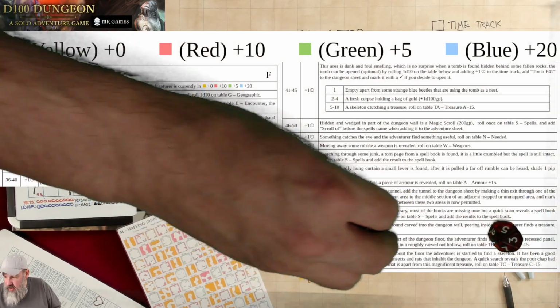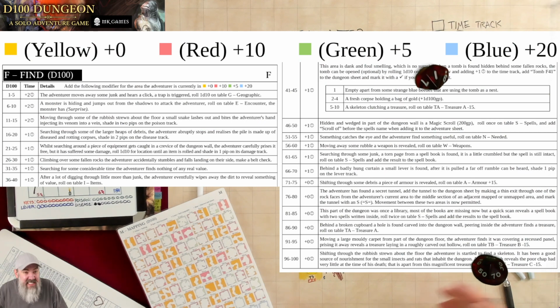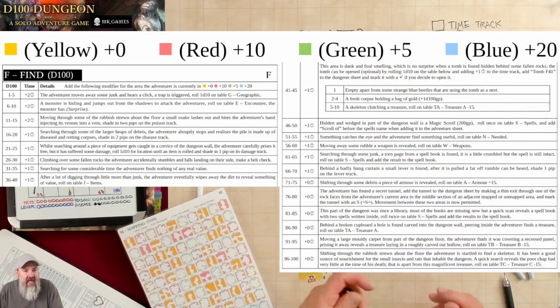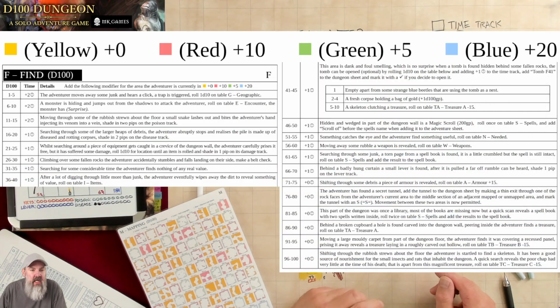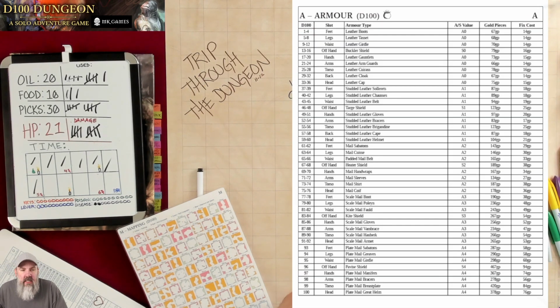We can search at a +0. All right, let's see. We're going to search a 71. That's got to be good, right? Yes. Roll on armor +15. I like it. Sifting through some debris, a piece of armor is revealed. Roll on table A, armor +15. Come on, something amazing. 46 gives us